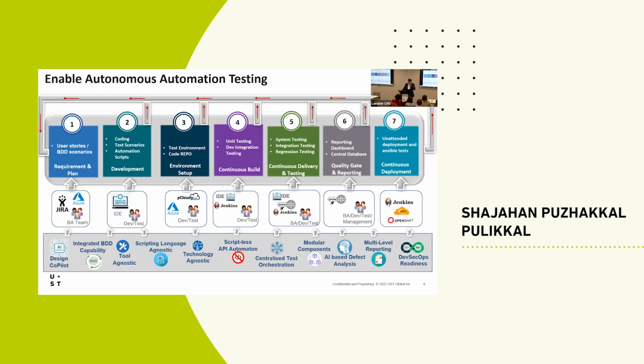From stage number 2 onwards, that will happen in parallel to the application development. When the application is ready, it can go for test execution from the dev environment onwards, including unit testing, and the same thing will be utilized for the further downstream environments as we continue that journey. Once we complete the execution in one environment, there is a quality gate to review the checklist, and then it automatically takes the deployment to the next stage. Then the tests have to trigger automatically, and we continue that journey through the CI/CD lifecycle. That's what I mean by autonomous execution of the complete test pack, which has been automated with any number of tools.